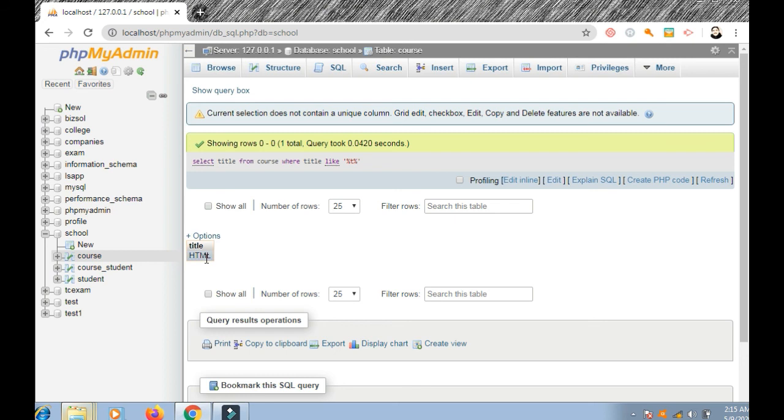So if there are many records, it sees the actual record value, like this value. If I omit the percent before the T, then the value should start with the T, and after that whatever it is, okay. If we omit the percent after the T, then the last character should be T. And if I put the value between percent and percent, then whatever comes before and whatever comes after, it matches the value, okay. So this is how we search.